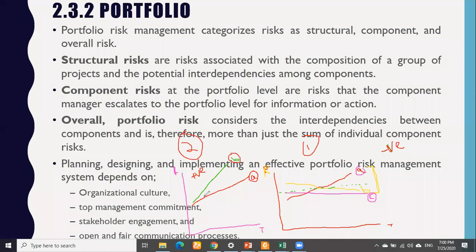So now, what do you think? Which one is riskier? I guess 2 right now. I changed my opinion. You changed your mind. Yeah, I have understood why 2 is considered more risky. Anyone else? If anyone still considers 1 is more risky over 2? Anyone else? कोई और कोई कमेंट करेगा?